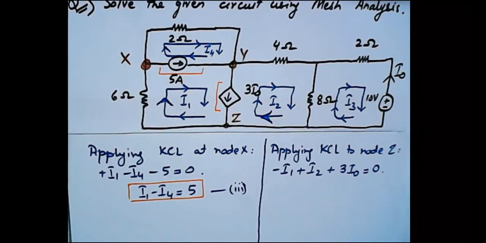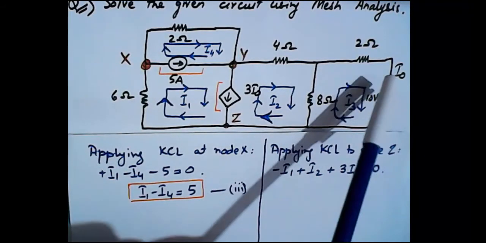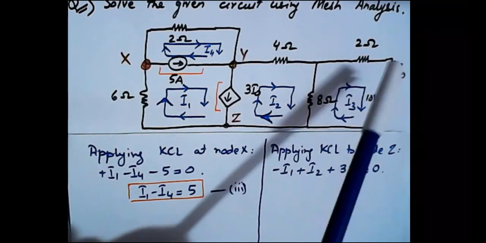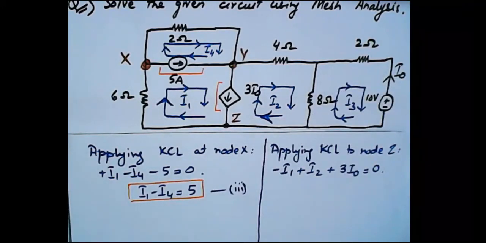Right? So here we can see that when we analyze the circuit and see where this variable I0 is present, we come to this point, Loop number 3, where this value I0 is present. Now we need to replace I0 with a combination of either I1, I2, I3, or I4, which are our designated variables for the loop currents.